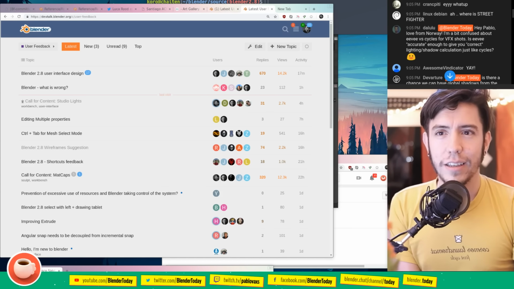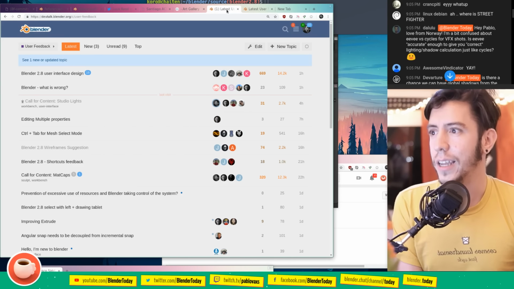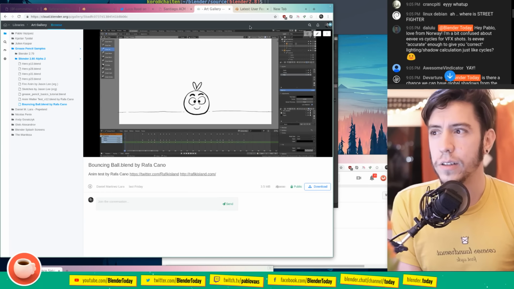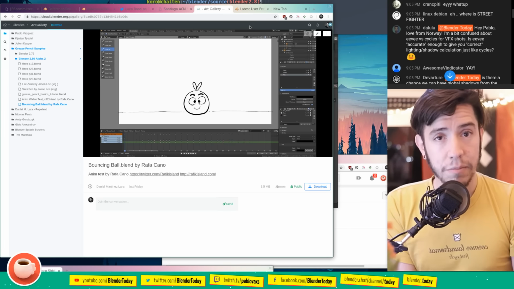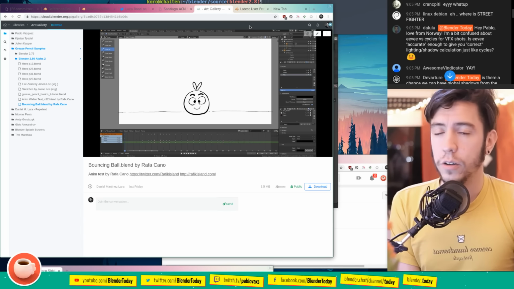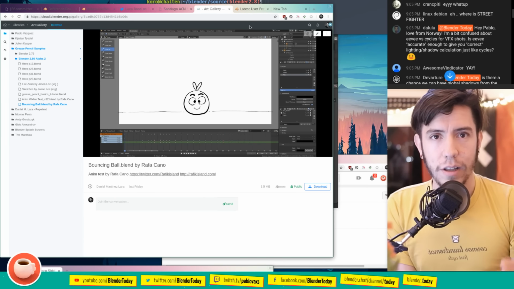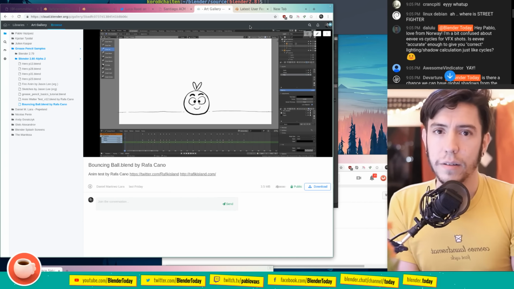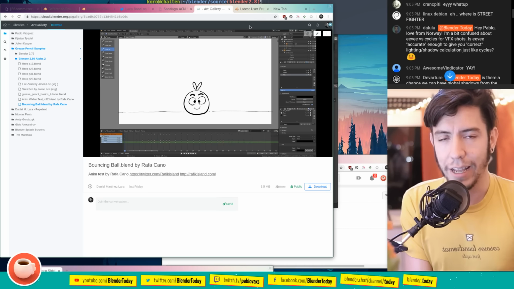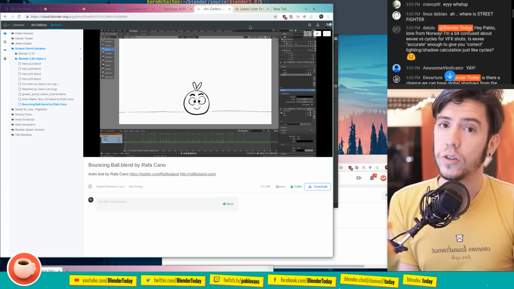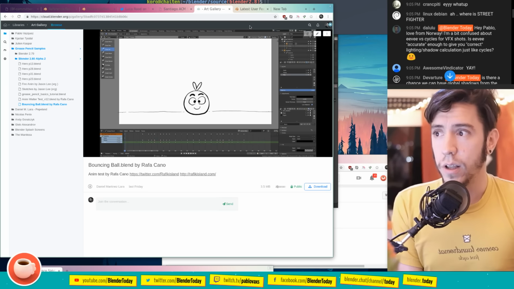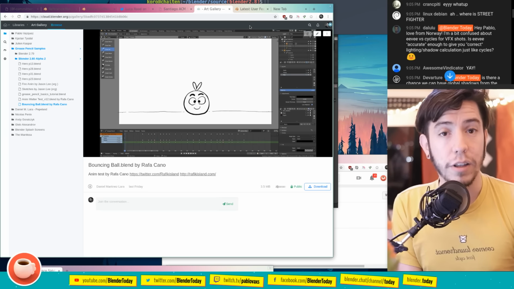No, Eevee is not as precise as Cycles. That's what Eevee is targeted at: real time, to be as fast as possible. It should look awesome, but as fast as possible. So the emphasis is on speed and having something that looks good fast. If you want precision, you should go with Cycles, because Cycles also renders better, like on a render farm, and